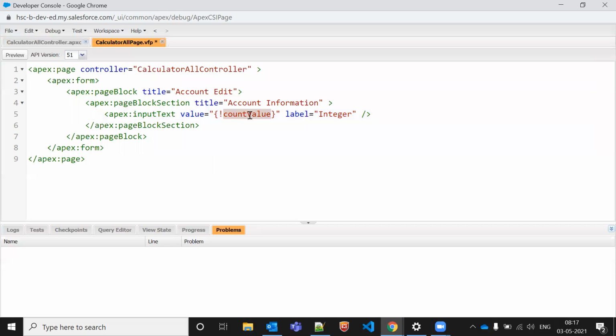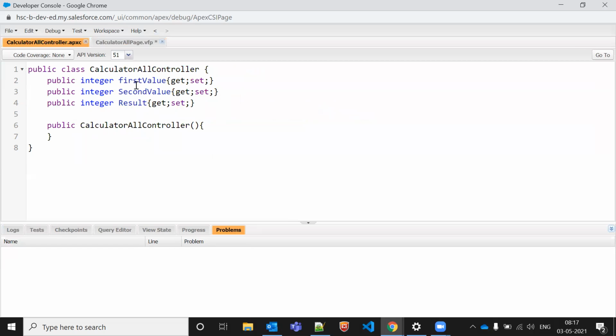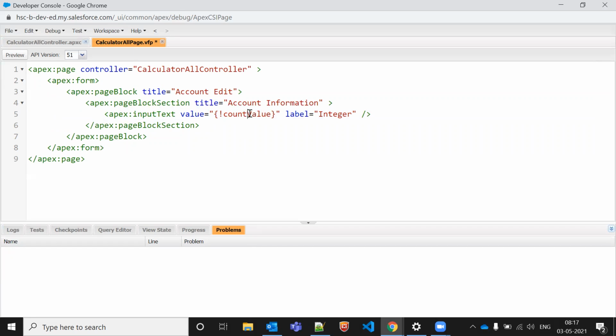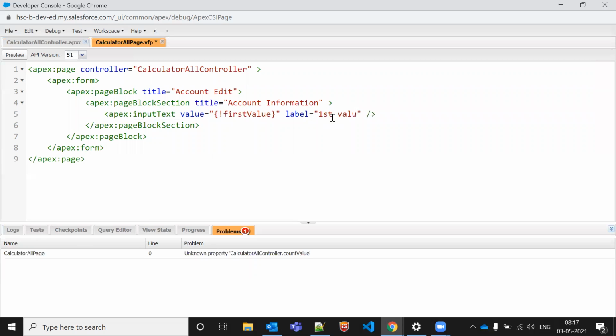Let me write here result, or even not result. So what should it be? It should be, let's say, first name. It should be first name only because it's an input field. It's a first value.